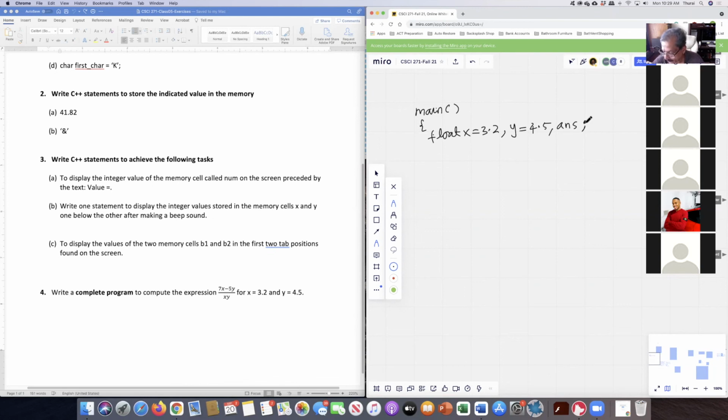So here I have declared x, y, and ans as 3 variables of float type, and then I assigned data to x and y. The 3.2 and 4.5 are data. Data should always be assigned to variables first. You should not use data directly in the expression. So it makes sense to use x and y as the names. Now I need to write a statement in which the computation will be done and the result will be stored in ans. That will be ans equal to